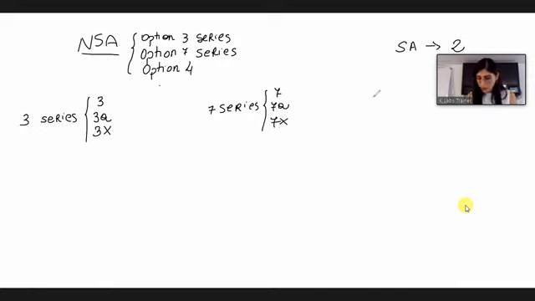And for the option 4 series, we will find option 4 and option 4A. So we start from the non-standalone networking with the option 3 series.